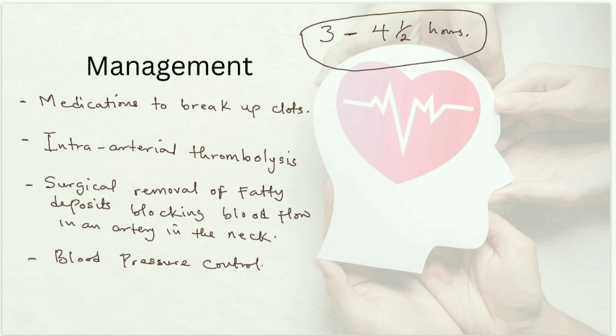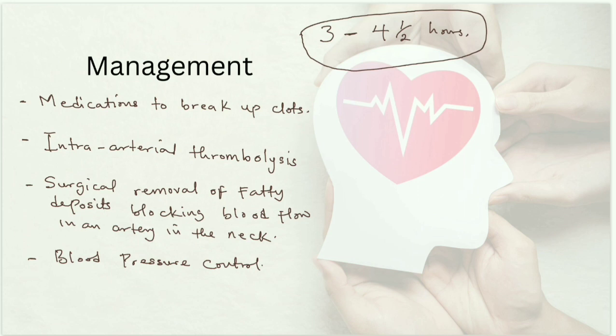A device, yes, that's the best I can put it. Let me just make it easier for you. Something like a catheter is passed through the arteries from the thigh. They will find the way it gets to the arteries of the neck, and what it does is find a way to remove the clot itself.